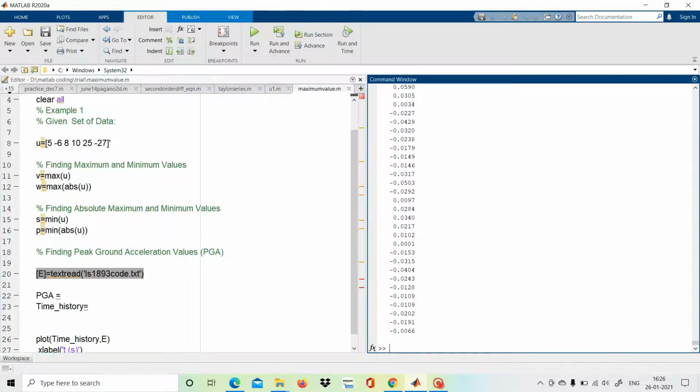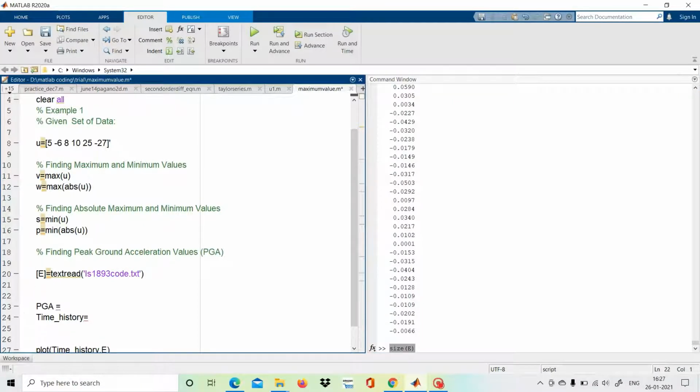Now we don't know the size of this, how many discrete values there are. So we have the command size. We denoted the time history with E, so we write size of E and run it.